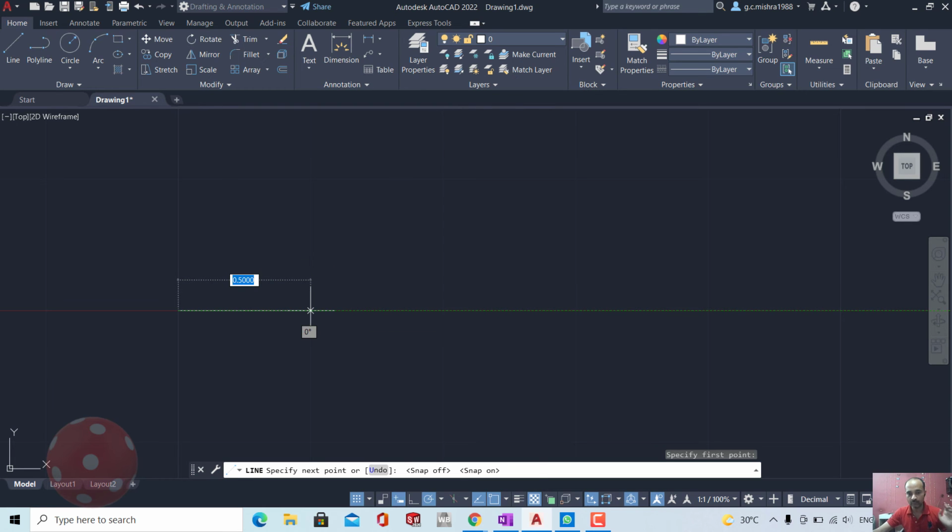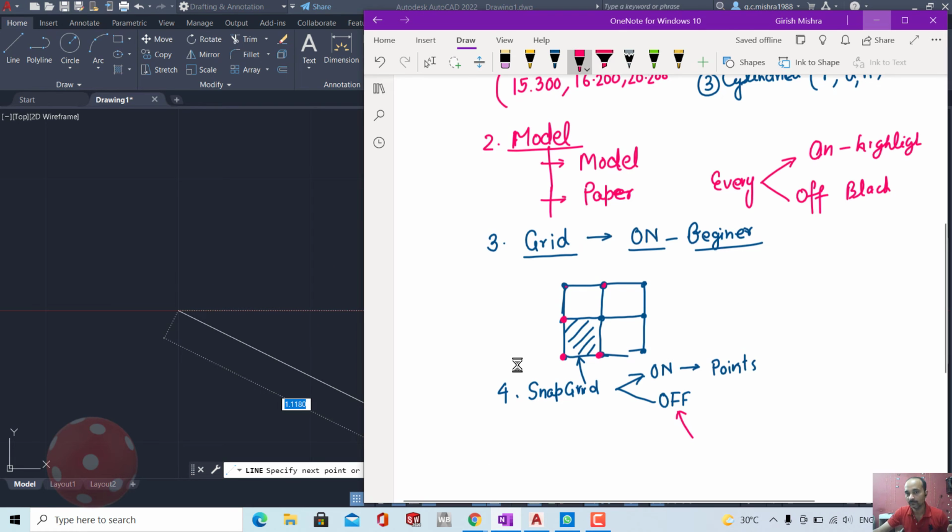It means there are two things. One is grid and second is grid snap. If grid is on, then this is visible. It means grid shows or hides the grid only.